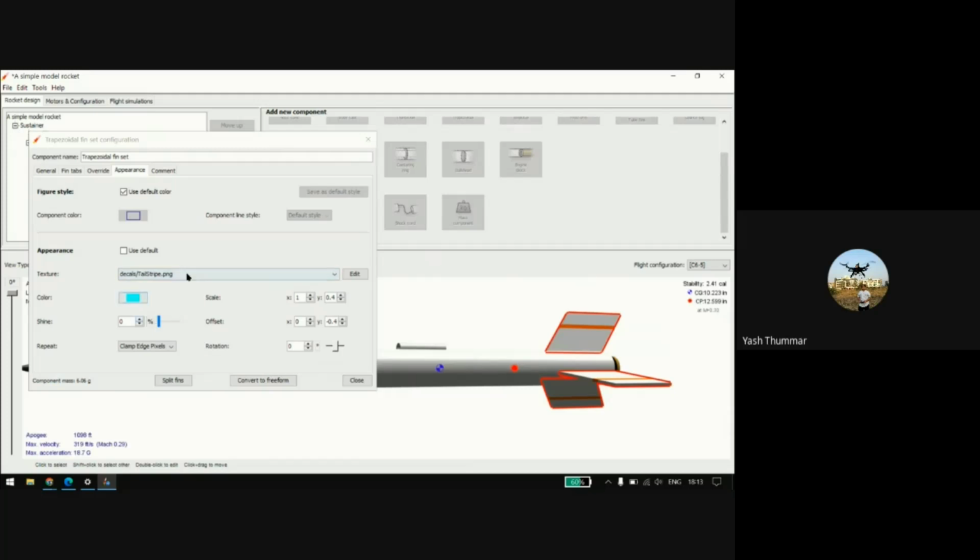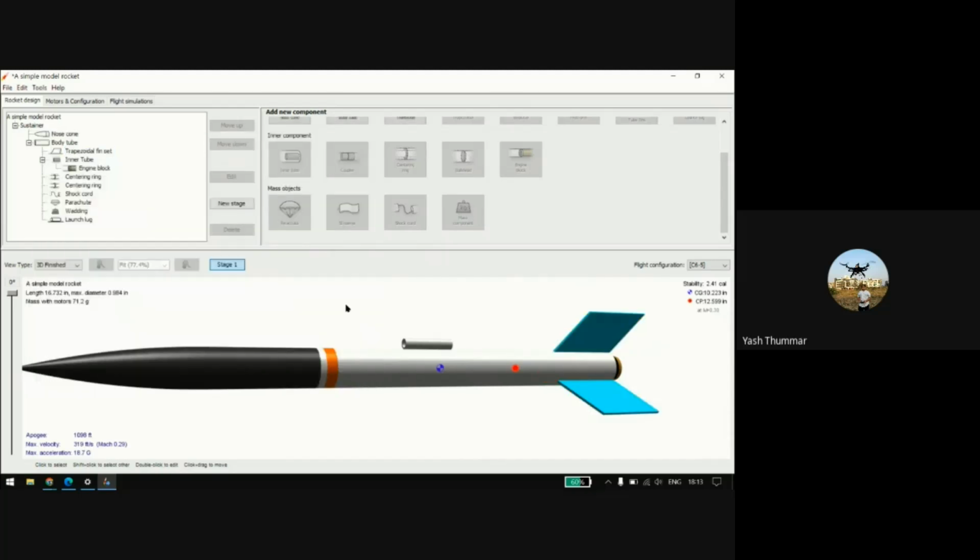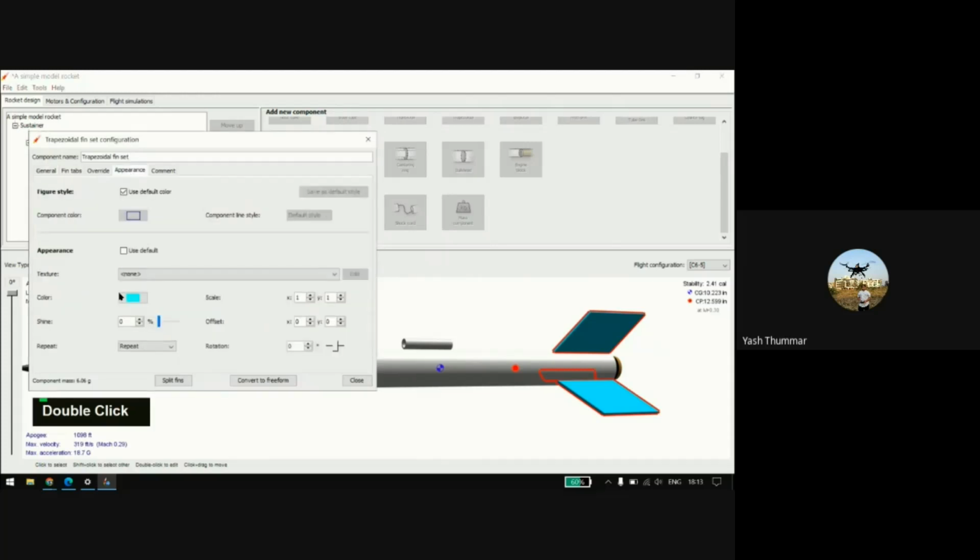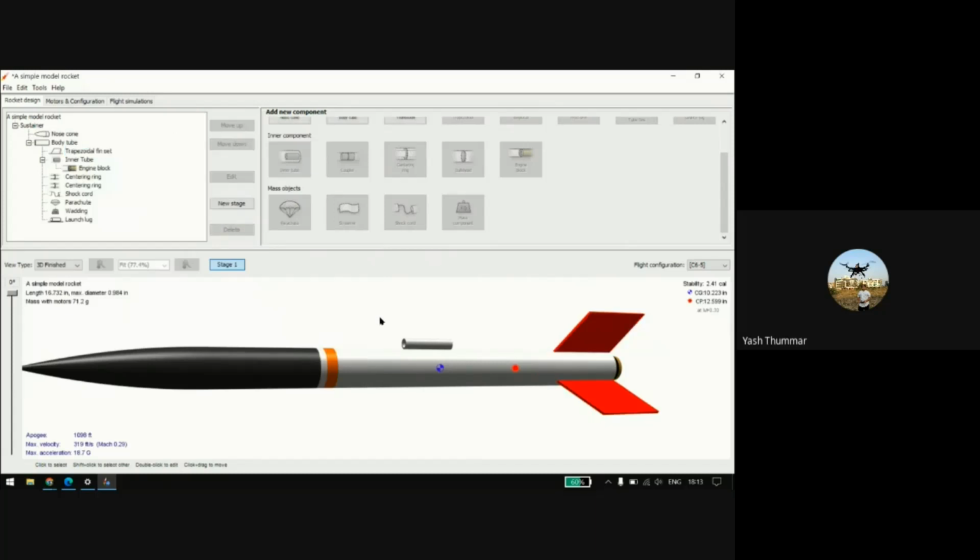But if you don't apply a texture, you will find the color of whatever you apply here. So from that you can change this. For good quality, let me take red. After that you can go to Tools. After Edit there is Tools, with component analysis, rocket optimization, custom expressions, and you may use those things. But you may also use the photo studio.